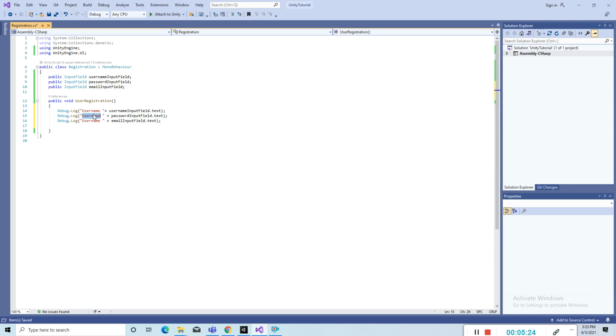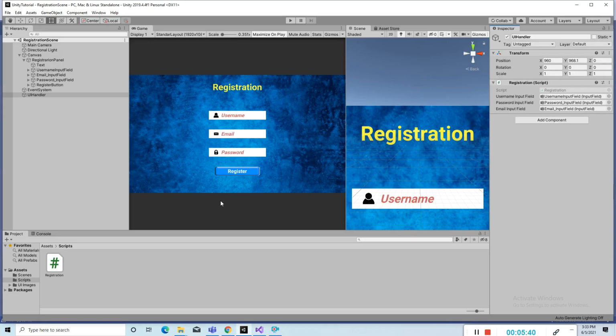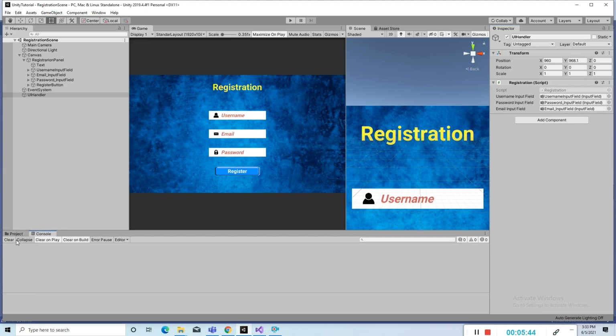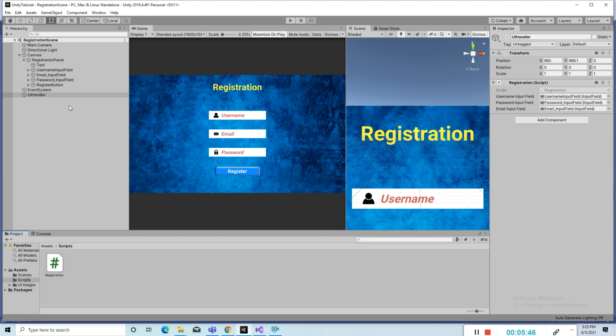This is the password, this is for email. All these things are only for beginners who are new in Unity. For those who already know Unity, it is very simple, they know each and everything.